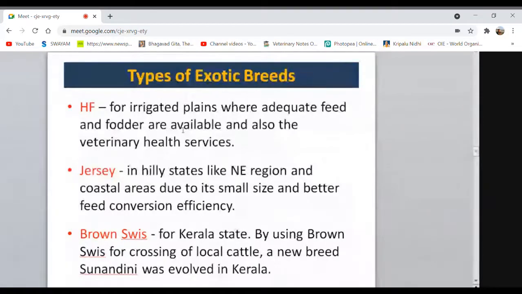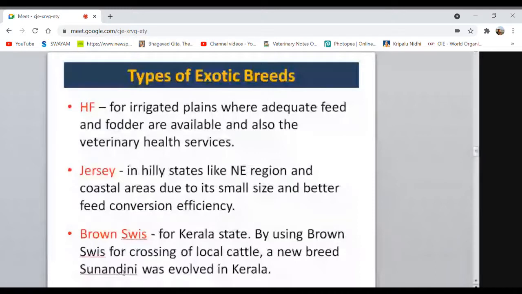Then Jersey, especially since they are small in size and known for their adaptability, that is feed conversion efficiency and all. Jersey is the exotic breed recommended for the Northeast region as well as coastal areas like Kerala, Goa and all. Then Brown Swiss is especially recommended for Kerala state. And by using this Brown Swiss, the Kerala Livestock Development Board, KLDB, have